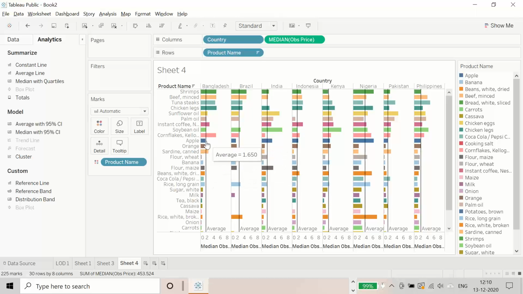So मैं अगर ये बोलूं कि एवरेज प्राइस से मीडियन प्राइस एप्पल का सस्ता है, यानी कि बांग्लादेश और ब्राजील में अगर दोनों के फर्क देखोगे तो और प्रोडक्ट के मुकाबले सेब महंगा बिकता है। क्या एवरेज प्रोडक्ट या एवरेज प्राइस इस प्रोडक्ट का कंट्री की जो कंज्यूम आइटम है उनसे ज्यादा है।